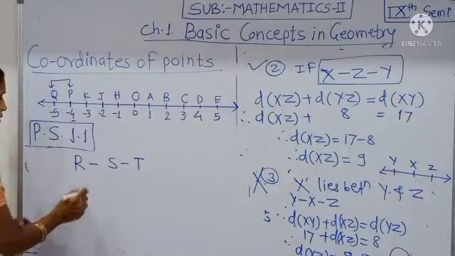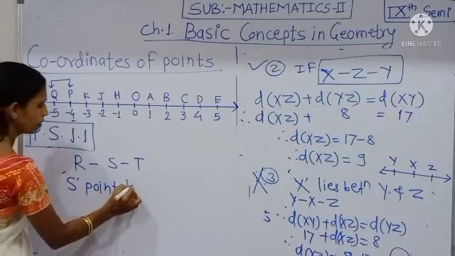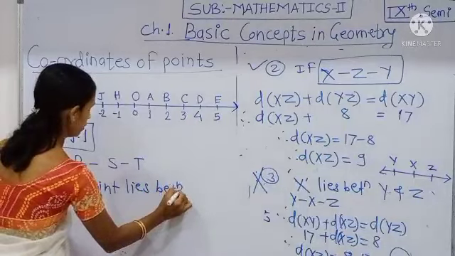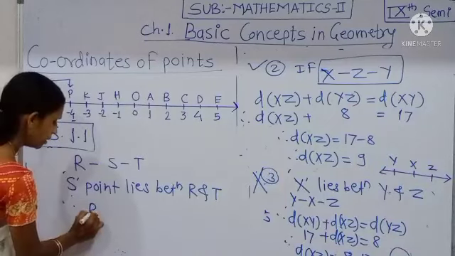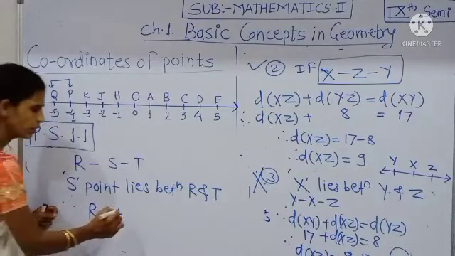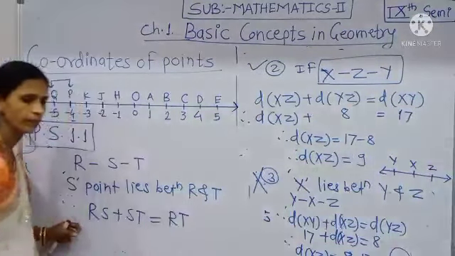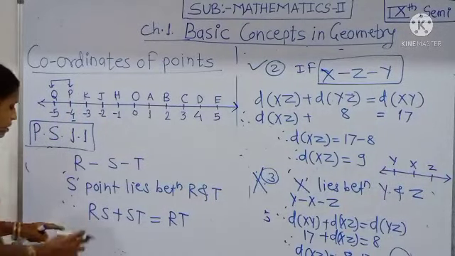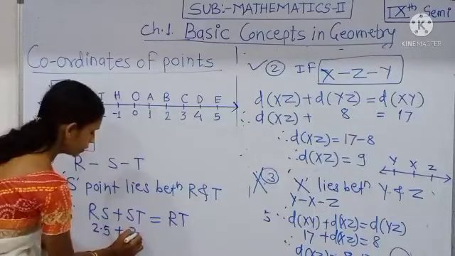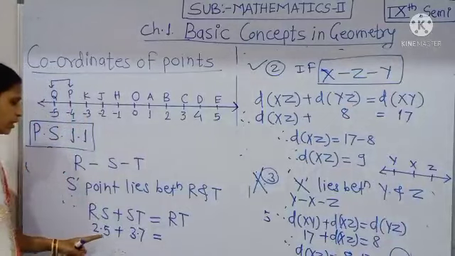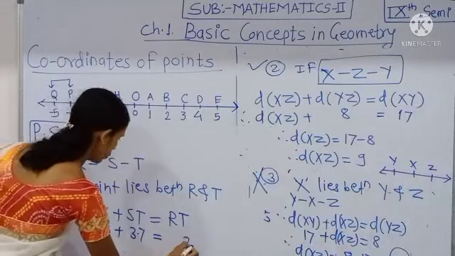That means here point S lies between R and T, and therefore RS plus ST is equal to RT, and here RS is 2.5 plus ST 3.7. Then here RT, that is 5 plus 7, 12, carry 1,